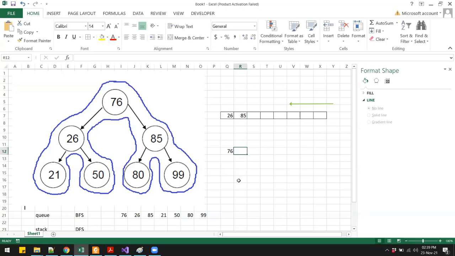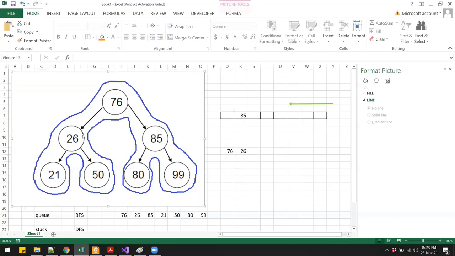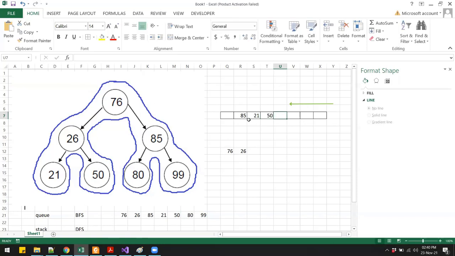So once you are done, then you will dequeue. All right. So when I dequeue, I will get 26. You dequeue and print, right? And then remove that. Then once you dequeue, you go to that particular node and enqueue the left and the right child. So you will put 21 and 50 to the queue.